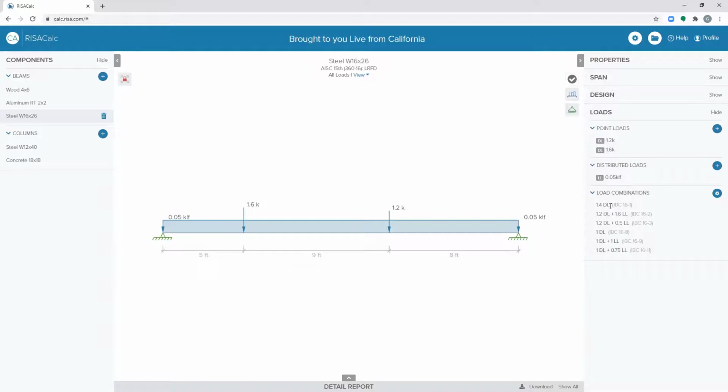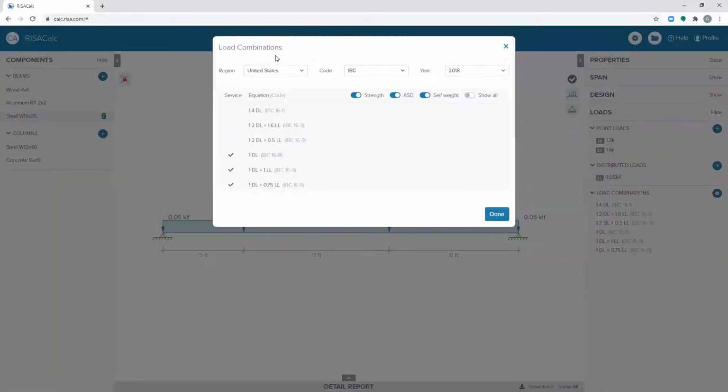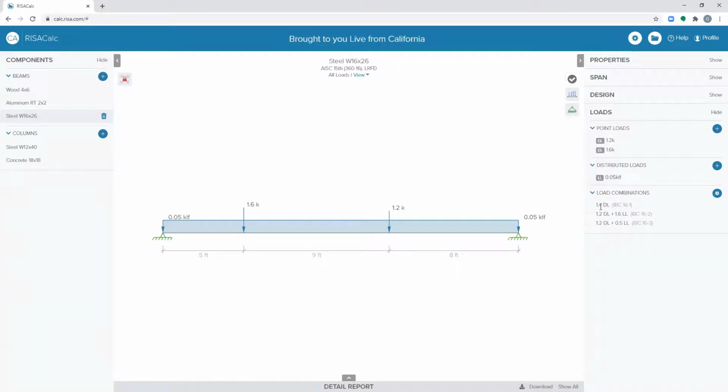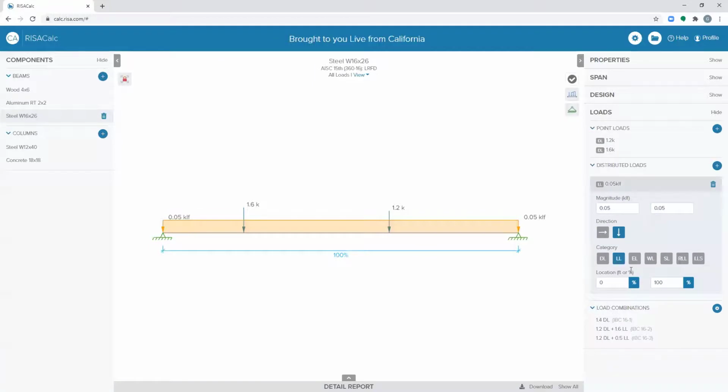Finally, we just want to set up our load combinations. So right now we show and display load combinations based on your selection. You can choose which region you are working with, as well as which code and year you would like. Currently I have self-weight turned on, and since I'm doing LRFD, I will just toggle off my ASD, so I only have strength load combinations. Just like that, we're filtered here, and these load combinations are also based on the loads you've applied. So if you watch here, if I change this, let's say to a wind load, my load combinations automatically update based on the categories that I've applied into my model.